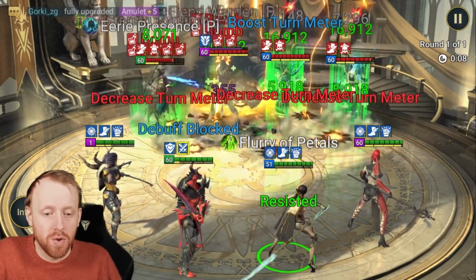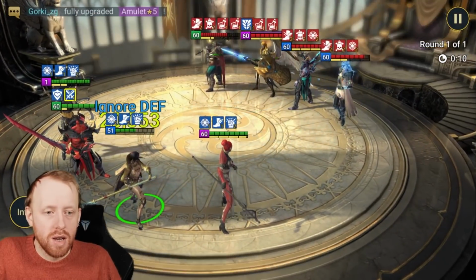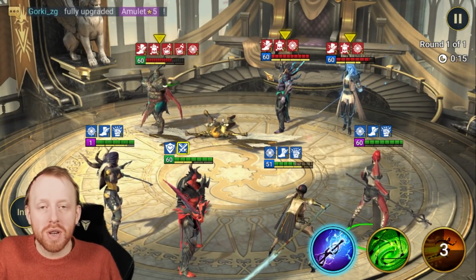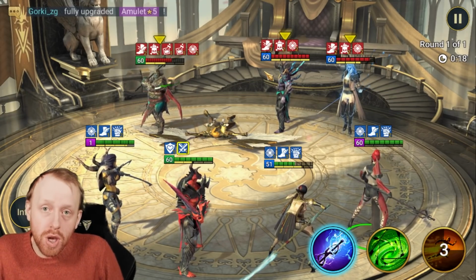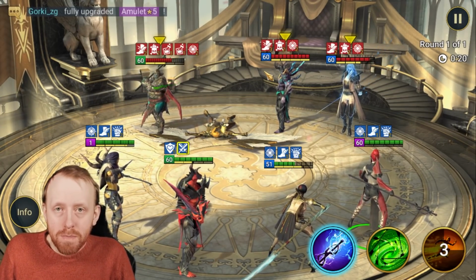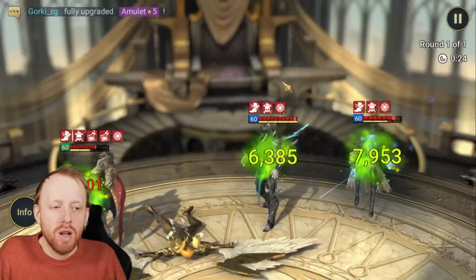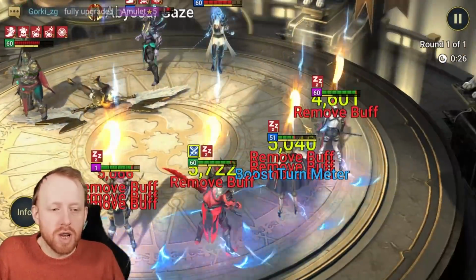I'm going to actually take this off auto so we can see the damage. We weak hit 78,000 off one bomb. So you can see the point of Stoneskin and the bomb counter works. The problem is, is it prevalent enough right now for it to be a suitable strategy,